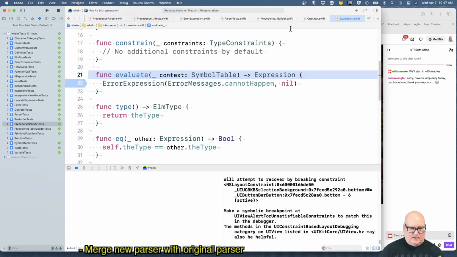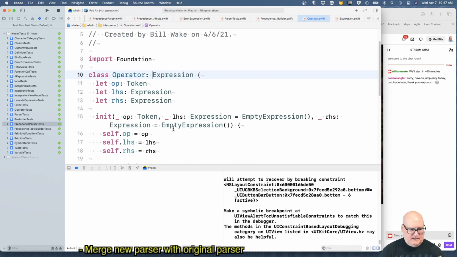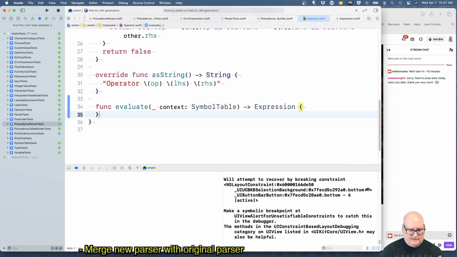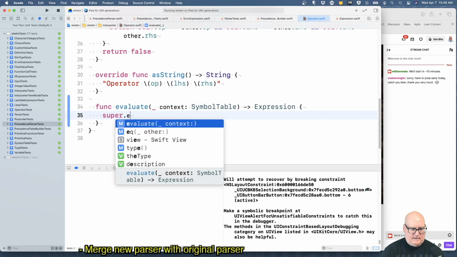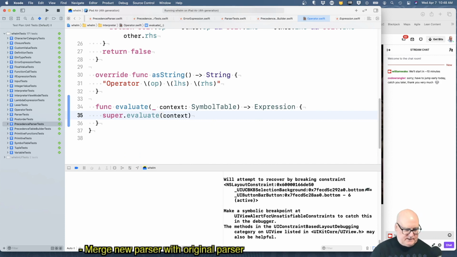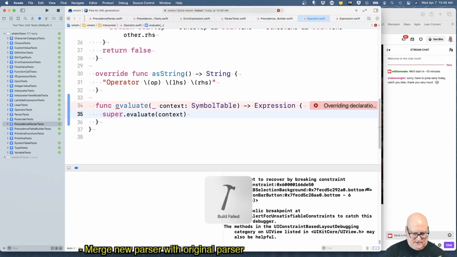Okay, so, well, this is certainly no change. Okay, that's a harmless change. Oops, override.